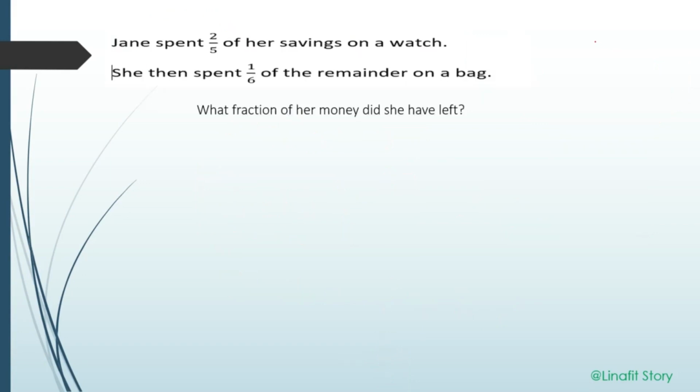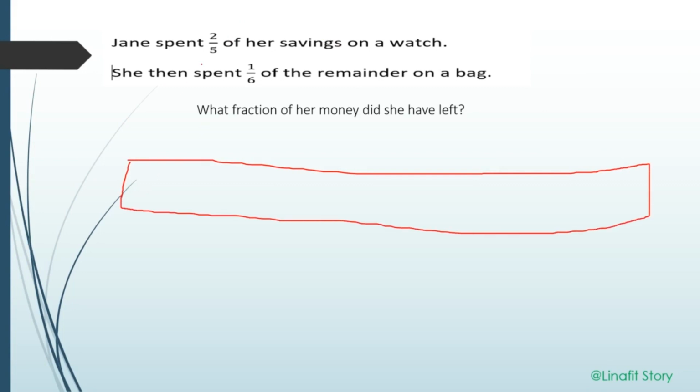Jane spent 2/5 of her savings on a watch. She then spent 1/6 of the remainder on a bag. What fractions of her money did she have left? So we will use the bar modeling method to solve this question. So as you may see here that she spent 2/5 of her savings. So we draw a model first. So